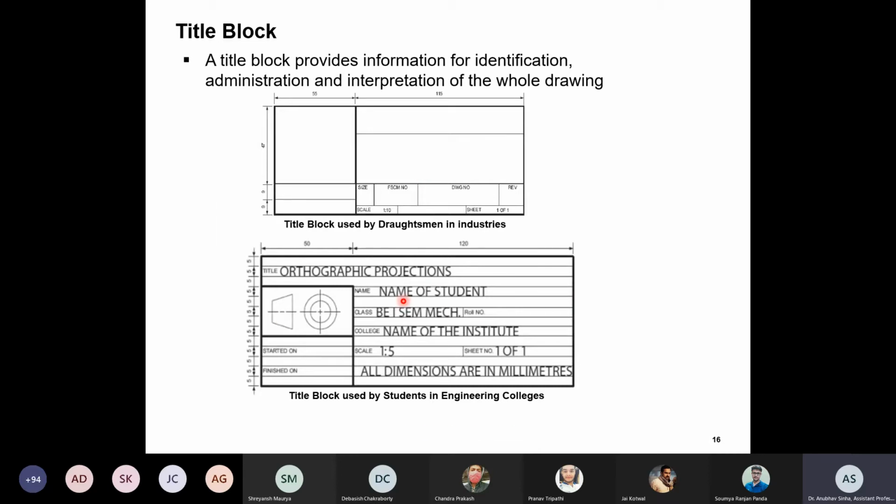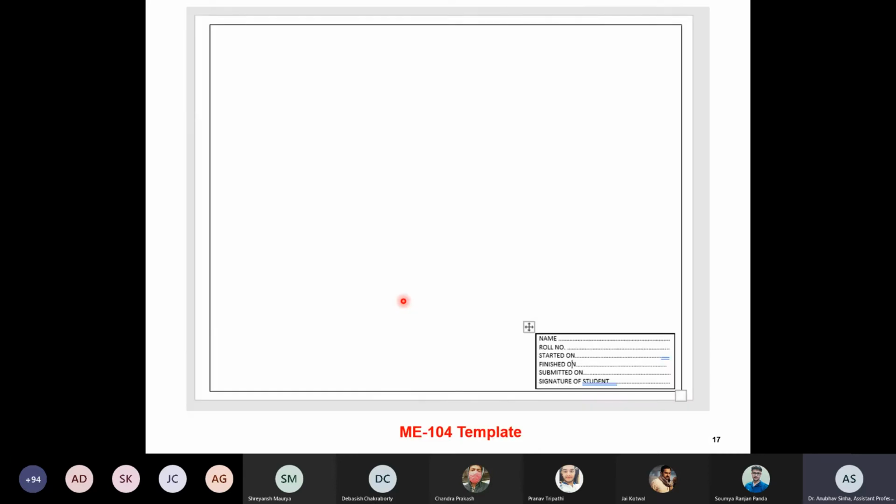What is recommended here for this course is that you take an A3 sheet and make margins on it and make a template like this. Write your name, roll number, and all that. I will also share this as a Google template for you, so you can just copy it on your sketchbook. So this is what is to be used for all the sheet submission work.